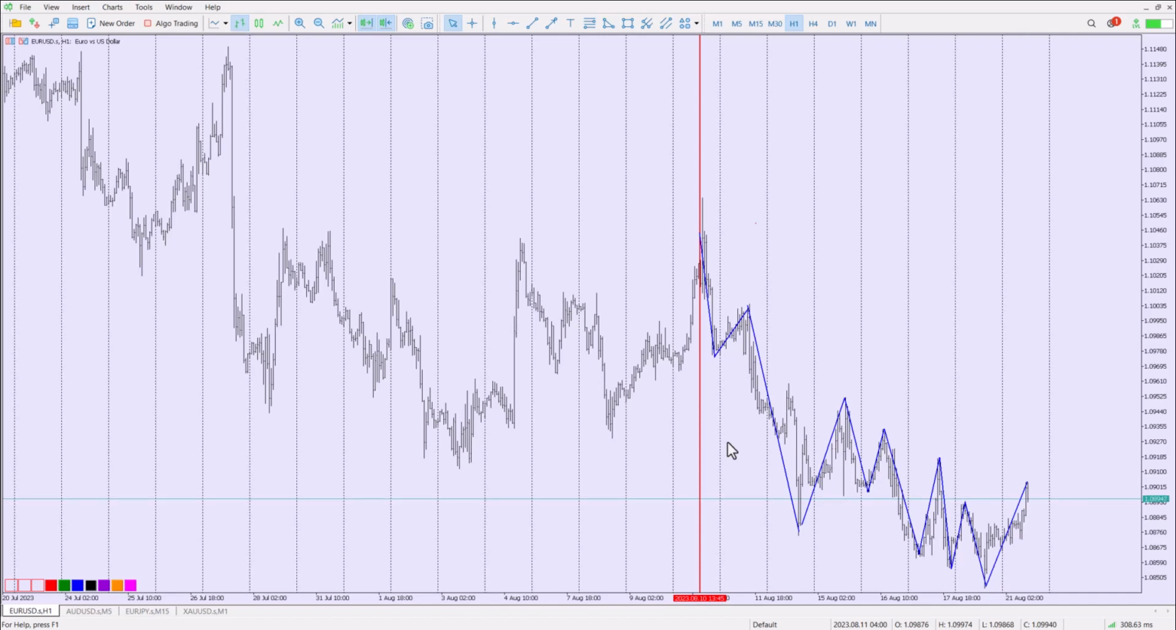So two traders can look at the same chart and see different things. None of them is wrong. It's just that one person has a detailed view, the other person has a general view. It's not wrong. It's based on your view. Then we're going to connect these highs and lows. Let me grab